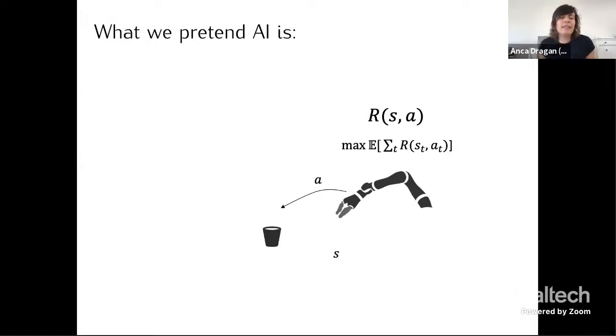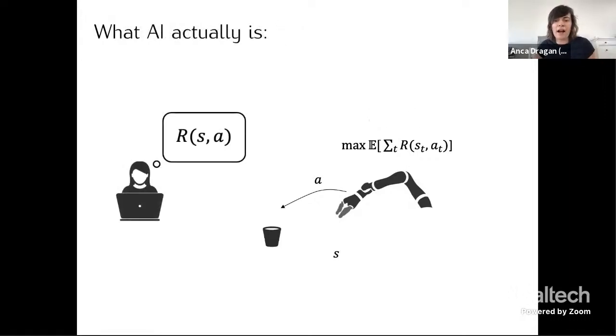And so we do this because it's a way to make progress on concrete problems, but unfortunately, that's not what the real problem is. The real problem is, there's a state space, there's an action space and so on. And there is a human who wants something. And the agent's job is to do what that human wants.